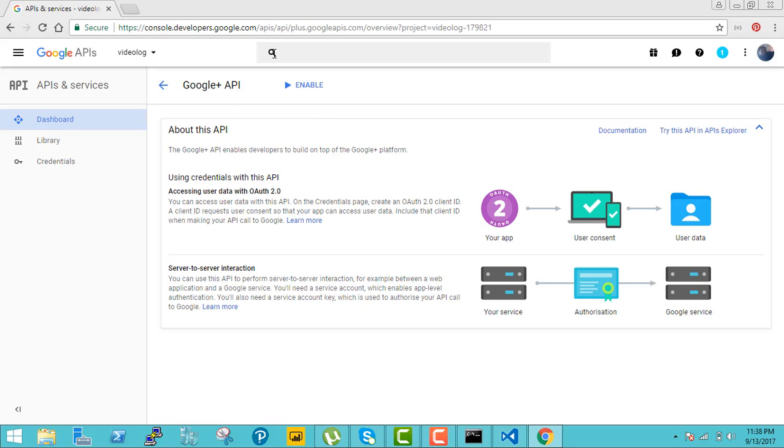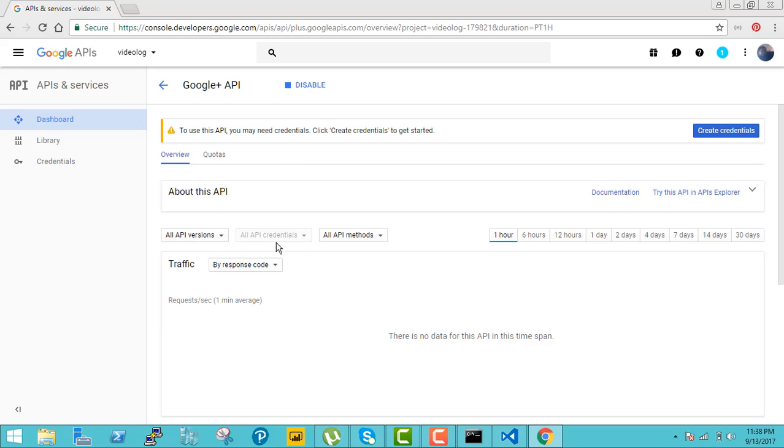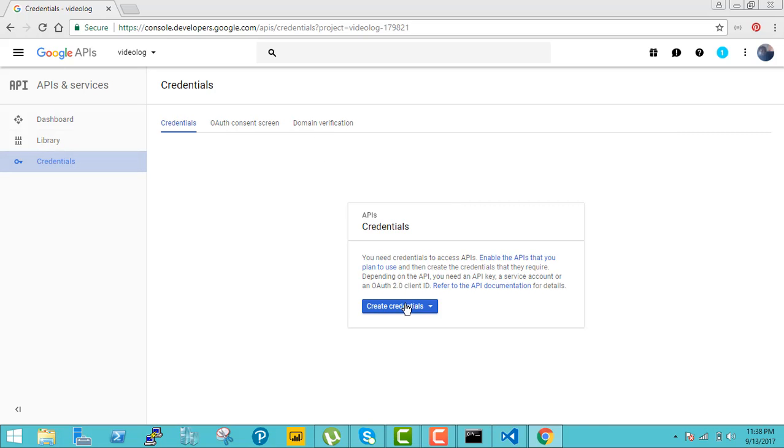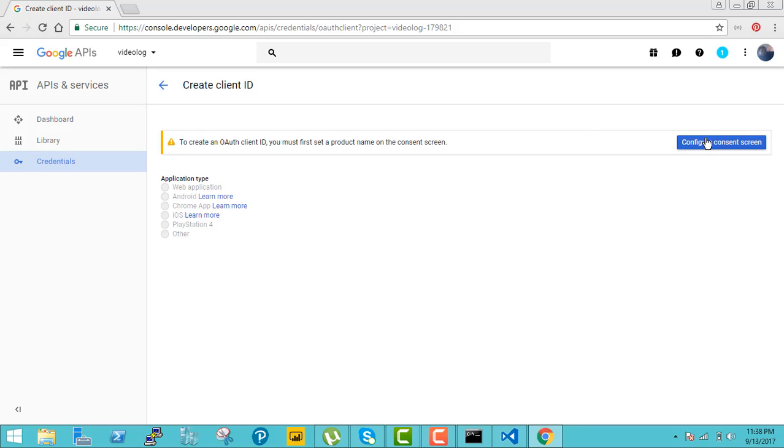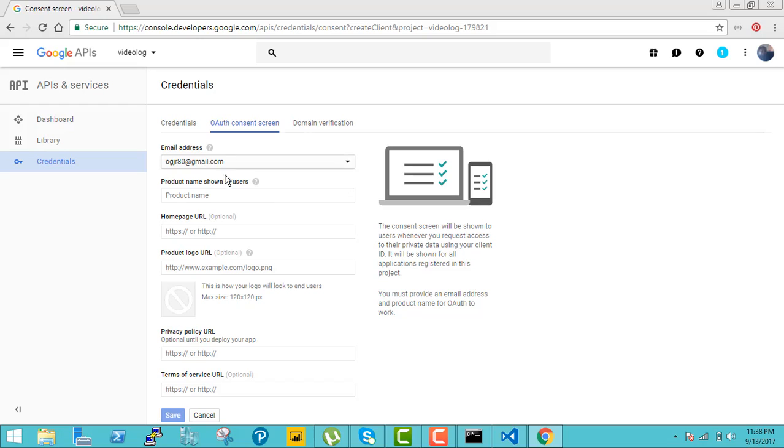And I will do that by just looking up Google Plus API and typing enable. Alright, and it comes back and says Google Plus API is enabled, with some basic details, and it has a very important message: if you use this API, you may need to create a credential. So it's either you click it from there, or you come to credentials, and then here you click the OAuth client credentials,